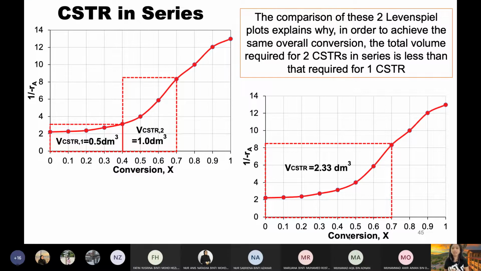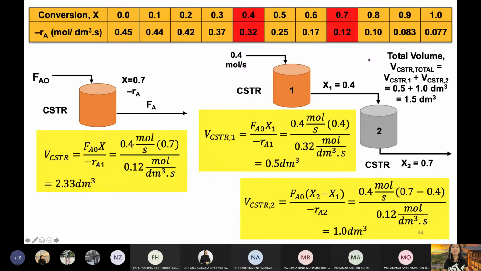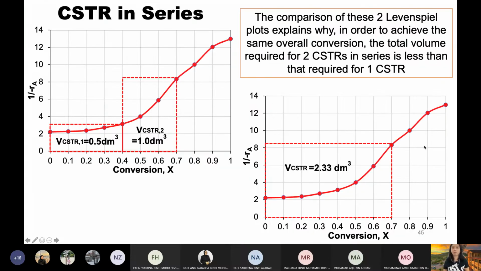Kalau kamu perasan, okay, let's convert this into a Levenspiel plot. It will be a better discussion if you convert information tadi dalam bentuk Levenspiel plot. Kita kaji Levenspiel plot tu. Sebab kami ingatkan Levenspiel plot, dia plot daripada 1 per minus RA versus X. Data yang table tadi ni, data table X per minus RA, kita convert yang minus RA menjadi 1 per minus RA and I plot the Levenspiel plot. Okay.